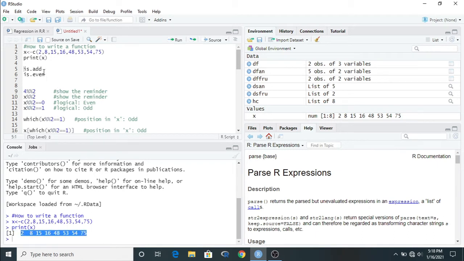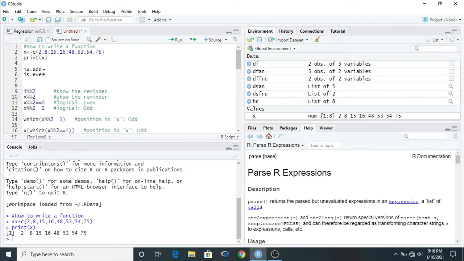Okay, so now in this video I first want to know, is there any odd or any even number in this series? To identify the odd numbers and even numbers, we have to know the process by which we can identify whether a number is odd or even. Suppose, for example, we are talking about 14. 14 is an even number. How do we know? We divide 14 by 2. If the remainder is 0, then it is an even number. If the remainder is 1, then it is an odd number.